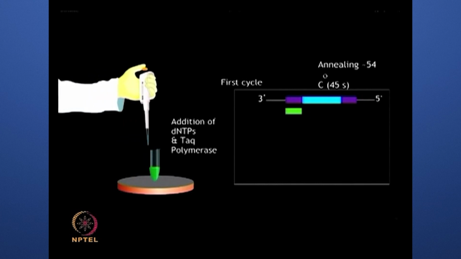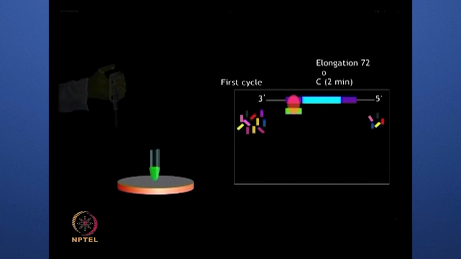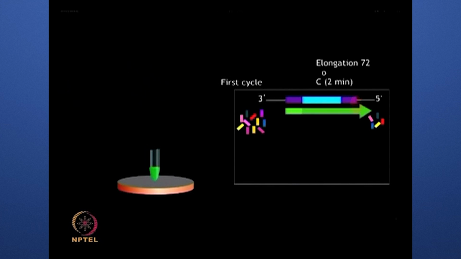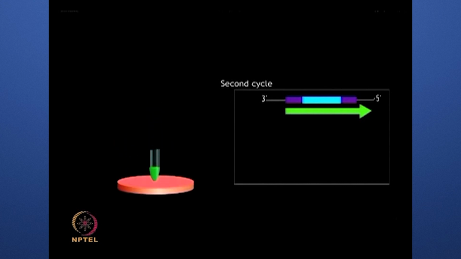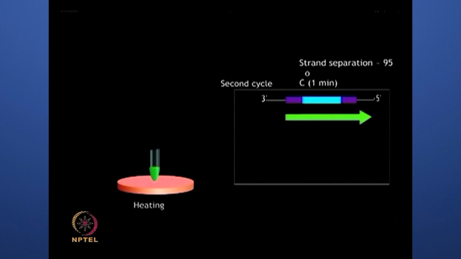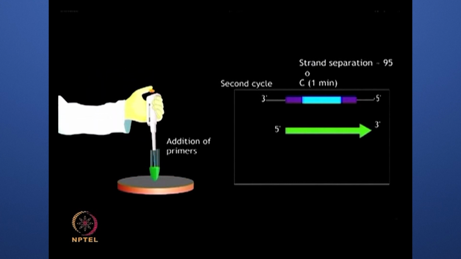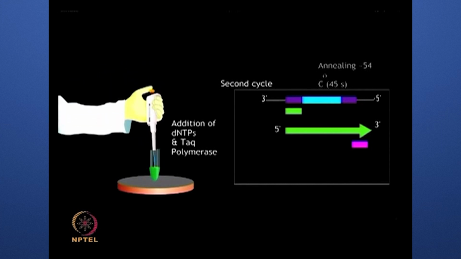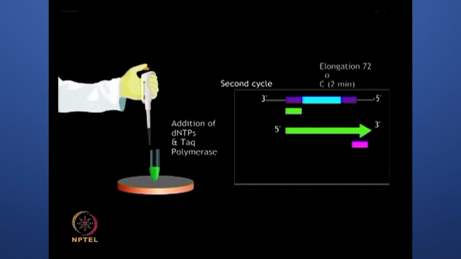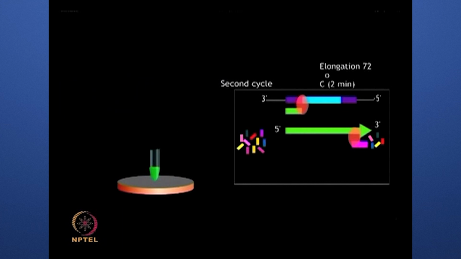This is followed by addition of nucleotides and Taq polymerase, which performs elongation of the template strand at 72 degrees centigrade. Second and subsequent rounds of PCR result in further amplification of the cDNA of interest. Strand separation is performed at 95 degrees centigrade, followed by primer annealing and elongation respectively. In this way, the mRNA transcript originally used is amplified in the form of its corresponding cDNA, which can be studied